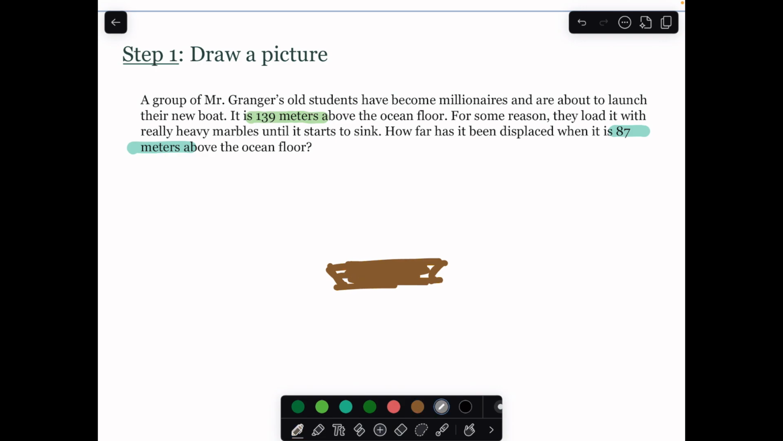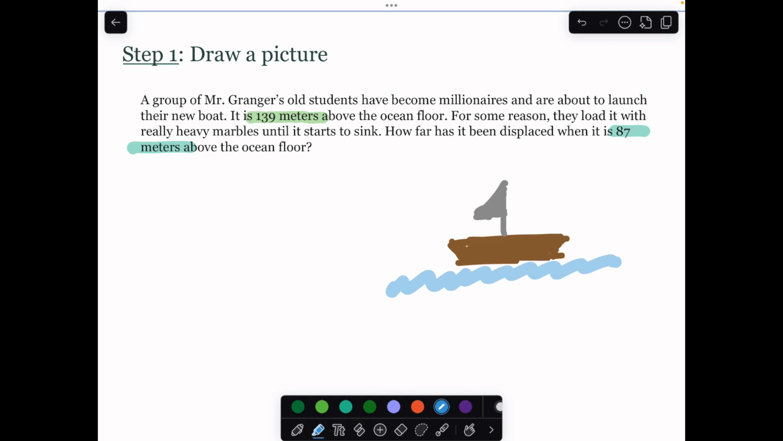Should we give it a little sail? Here's its little sail, and now we know that it's a boat. Should we put the people on it? No, because I want to draw them sinking to the bottom of the ocean. Yep, we're doing physics for real. Let's see, I need some water. All right, and then